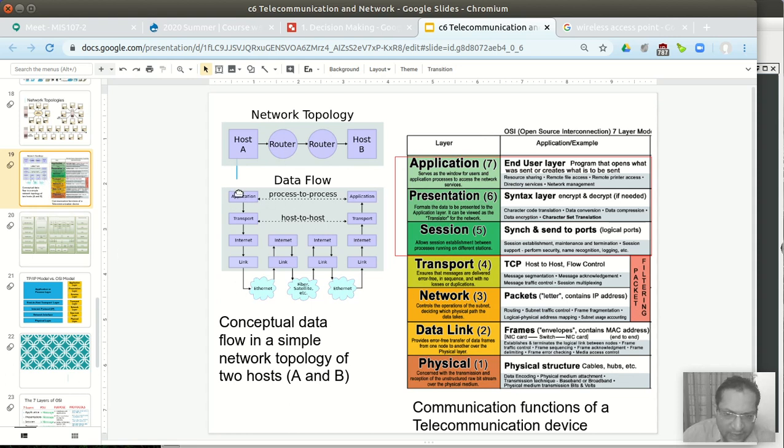Within this application layer, you can split it into 3 layers: application, presentation, and session. The application layer is where the end user interacts. The presentation layer is where certain data needs to be encrypted or decrypted if needed, right?